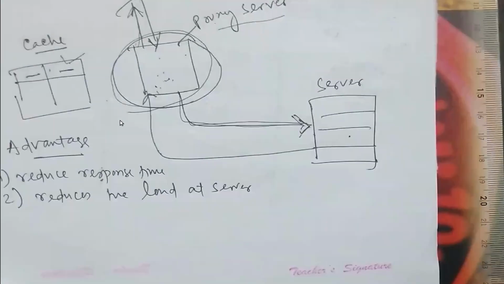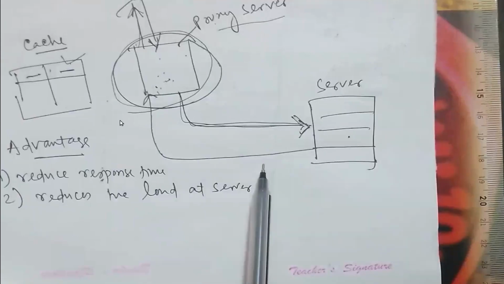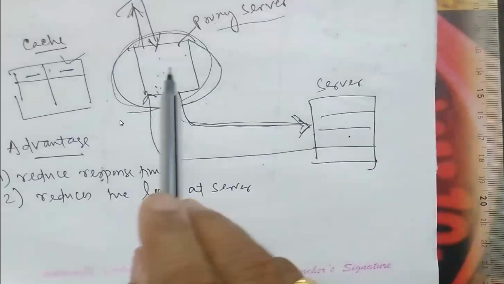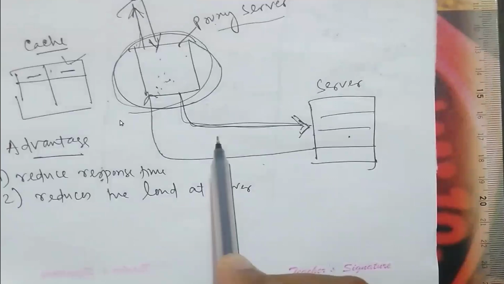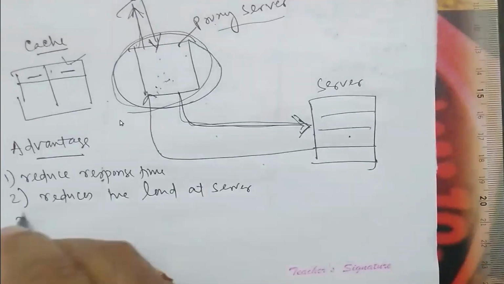If the load at the server is reduced, that means I am not going to use the internet. अरे अगर मेरा रिक्वेस्ट वही प्रॉक्सी सर्वर से आ जाएगा, मेरा लोकल नेटवर्क से आ जाएगा, मुझे इंटरनेट यूज करने का जरूरत है क्या? नहीं है. So that's why it saves bandwidth,